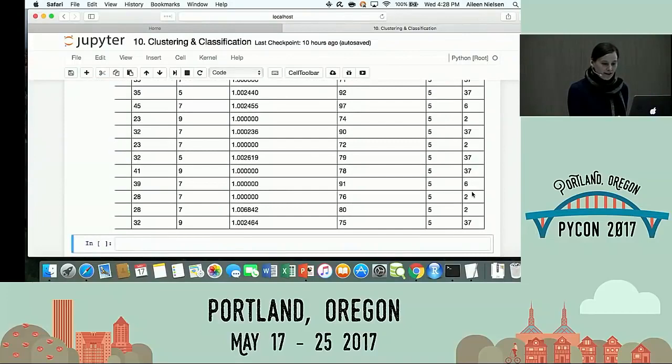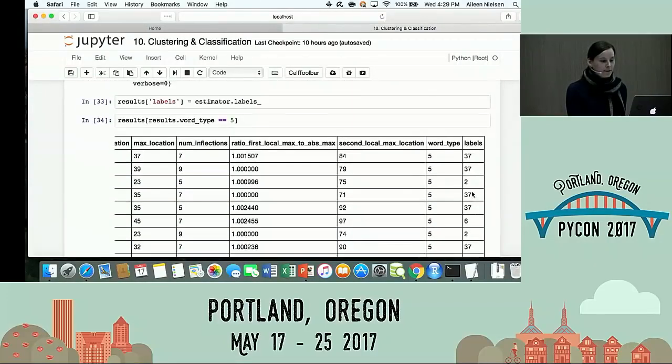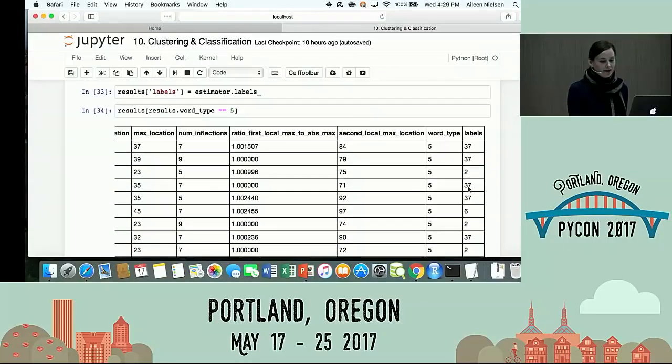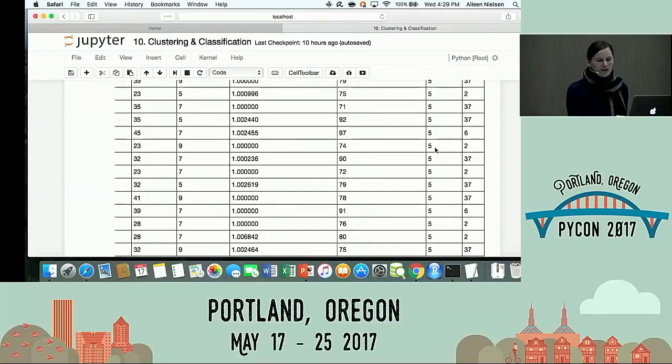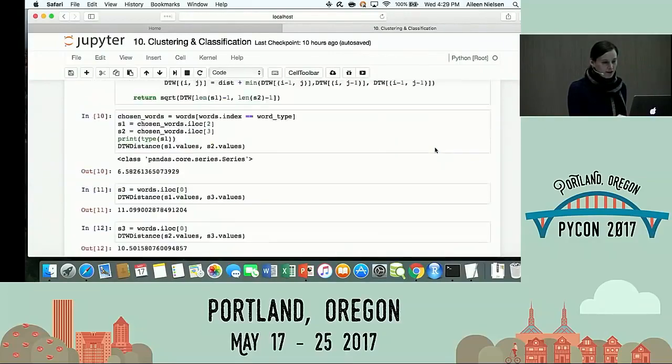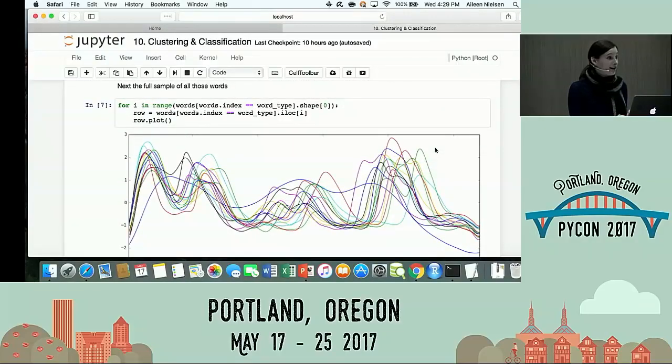I am pretty happy that there seems to be a lot of 37s, a lot of 2s, a lot of 6s. So I made 50 groups in my model, and my model came back and took one group and broke it up into 3 clusters, I guess. That's not so bad, right? That's probably quite understandable given the amount of variation that I see, right?